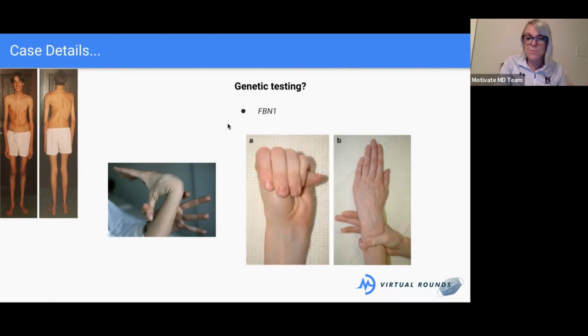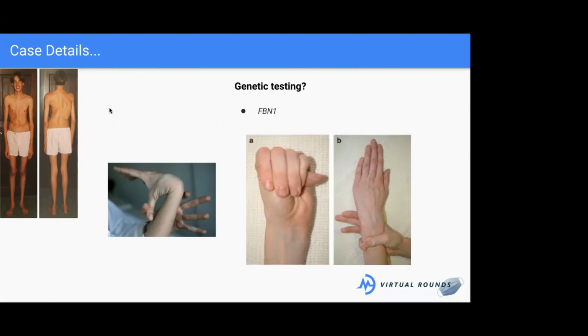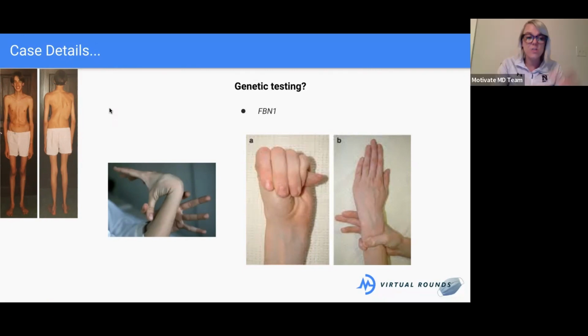But good, you guys are pinpointing this. This looks like Marfan's, in which we know there's a higher susceptibility to different things: cardiac problems, problems with the valves, problems with the lungs. We're not going to spend too much time talking about Marfan's itself. You can look up all the things that go along with Marfan syndrome. There's a lot.